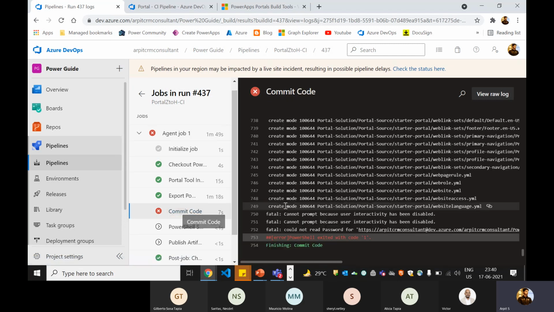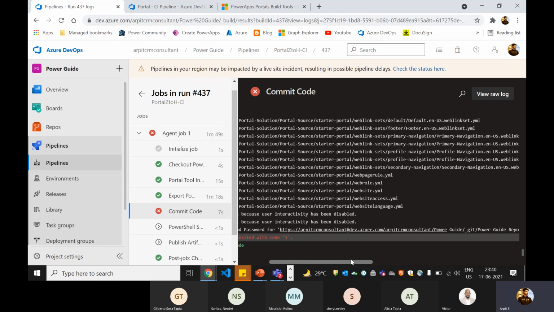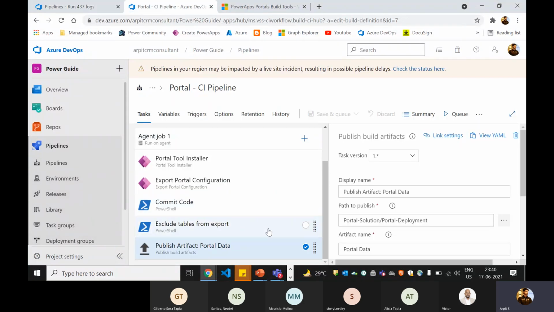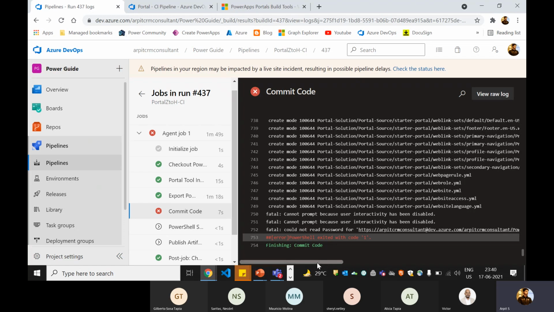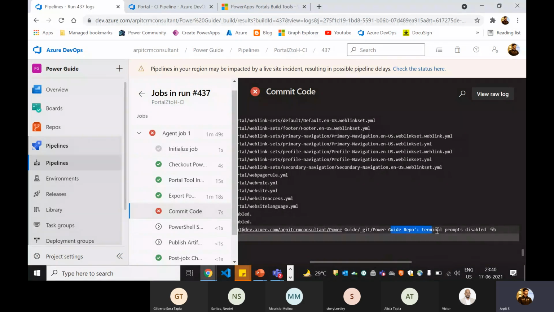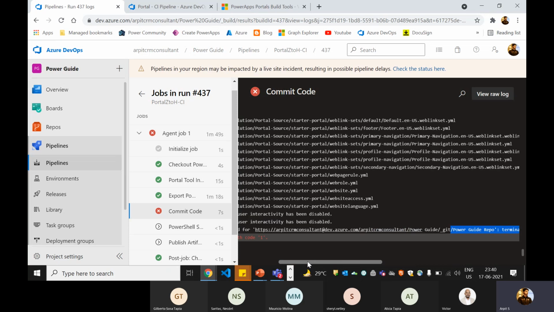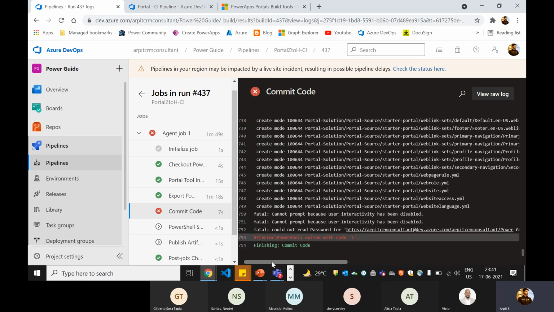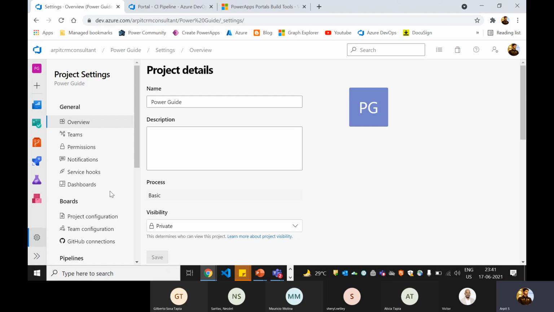Okay, so it's failing. Let me check how it's failing. Terminal prompts have been disabled. All right. So there are a couple of things that I need to make sure. For example, my commit failed and the error is showing like this, terminal prompts disabled, right? So you get this error usually. Why am I getting this error? Because the user that I have provided in my pipeline is not allowed to commit the code in my repository. So to do that, you go to the project settings and